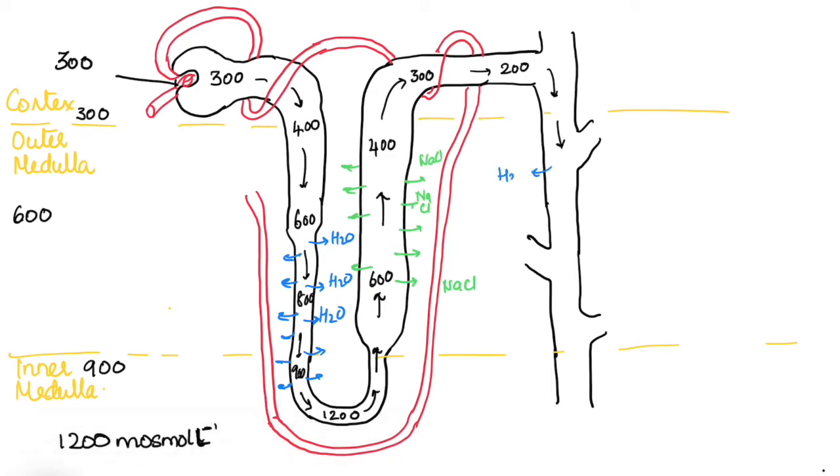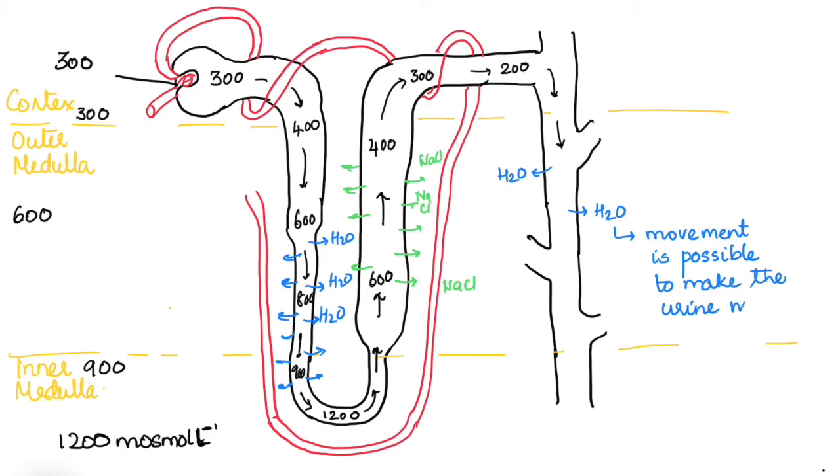That means there is still more chance of water molecules being removed from the collecting duct. But this movement of water molecules is mainly dependent on the blood volume and the blood concentration in our body. So if there is less blood concentration or blood volume, then the water molecules are reabsorbed from the collecting tubule, which leads to a concentrated urine being excreted out.